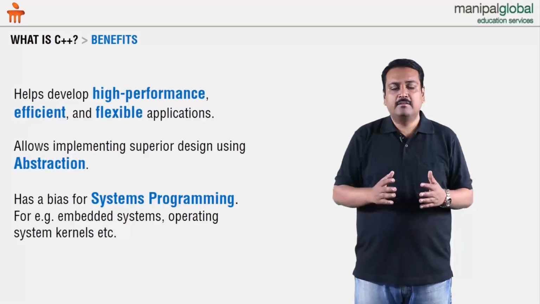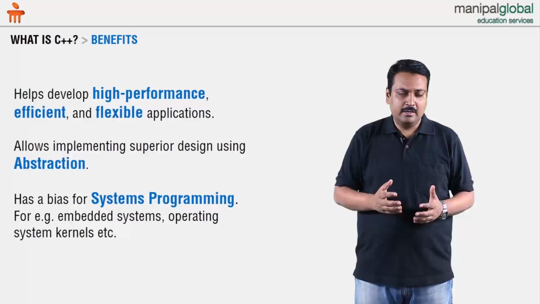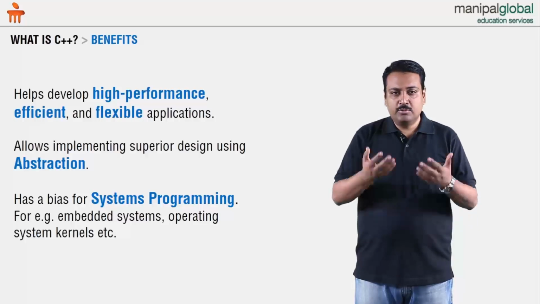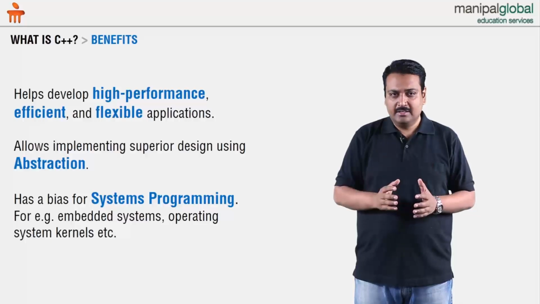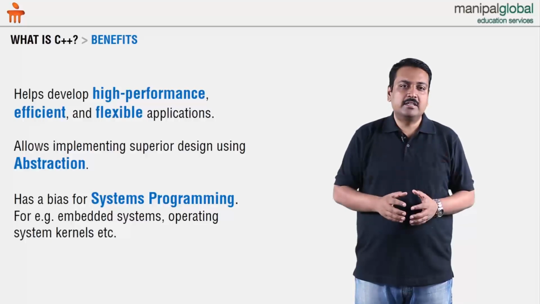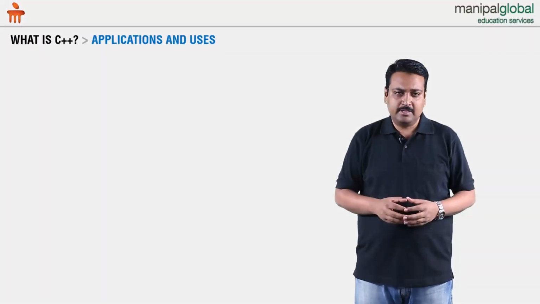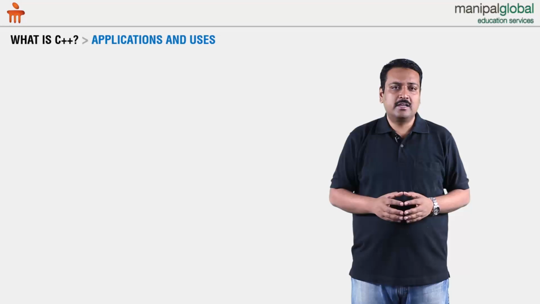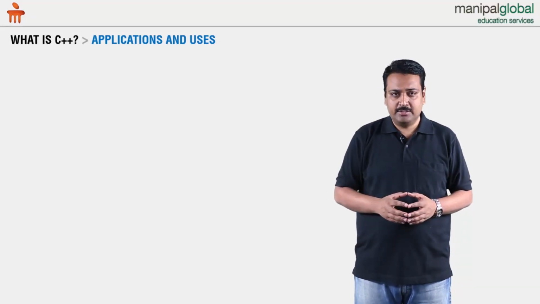Another example where C++ is used to develop is medical software. In both the cases, the throughput of the application plays a significant role. And because of this, we prefer a language like C++ because that can help us to accomplish it. Now let us learn about the various applications and uses of C++ as a programming language.